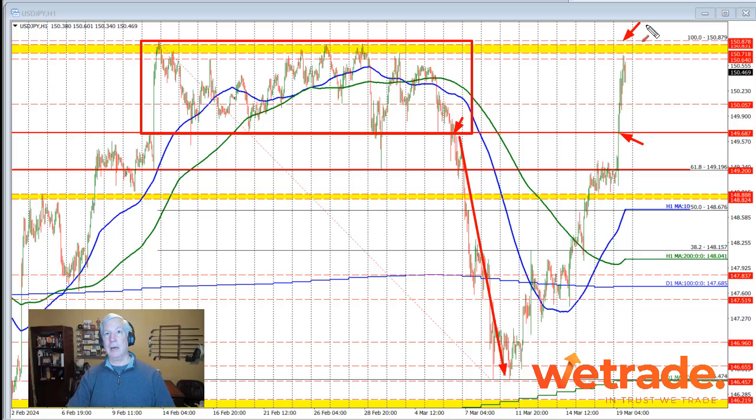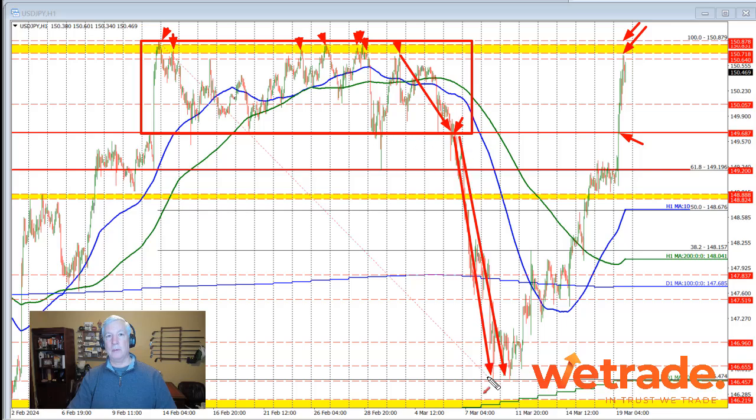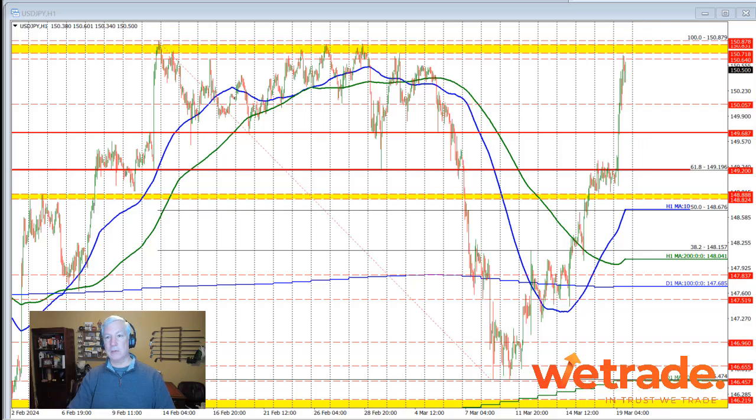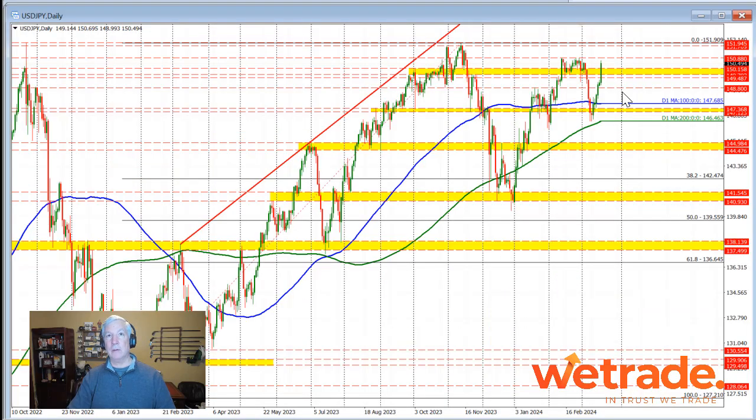And they moved back up to the high of the swing area, or the high swing areas through here, where we had a number of different swing highs coming into play, and finally here before the market gave up and moved to the downside. So it took all that time to rotate back up to, and we're back up testing the low of that swing area between 150.71 and 150.88 on the top side. If we do get above that level, that should open the door for further upside momentum for the dollar versus yen. But looking at the daily chart, also be aware that